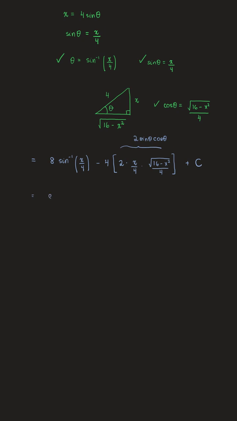So we have 8 sine inverse of x over 4. Let's see, I'm going to go inside the brackets. I know that 2 goes into 4 twice. So here my denominator is 8, but the numerator outside is 4. So we'll have a minus. These will cancel. So we'll have x times the root 16 minus x squared over 2. Since I canceled some terms there. And then plus c. And there is our final